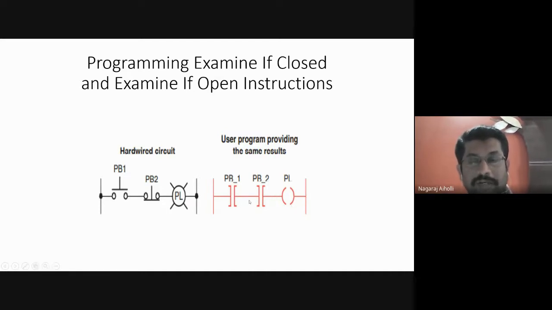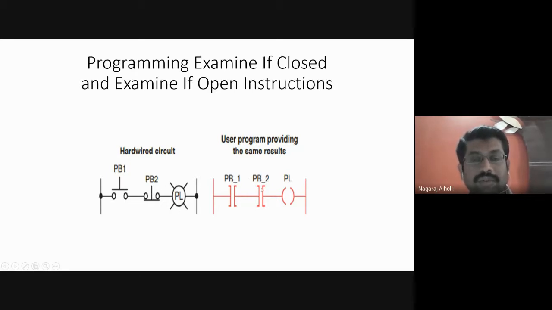Okay, how have I written this program, the ladder diagram? Look here. When both PB1 and PB2 are true, that means they have come to the closed condition. Of course PB2 will become open, but what is the ultimate result of PB2? PB2 will be as good as it being in closed condition. It is a true condition. Here open of PB2 means it is a true condition. So when both are becoming true, then the pilot light will be turned on.